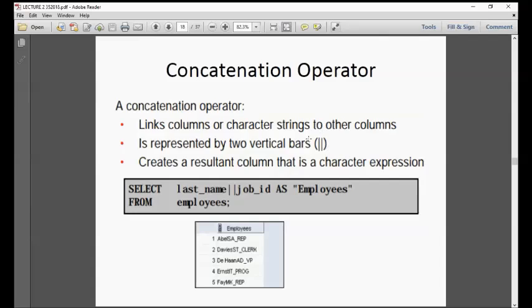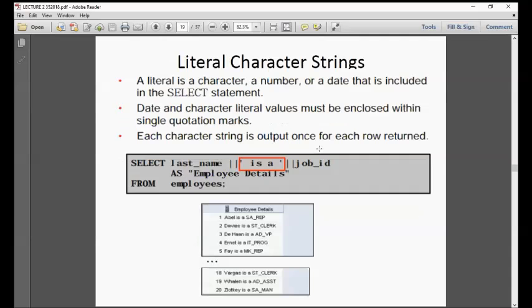So, what do you mean by concatenation? For concatenation, we will use two vertical bars and you will include both. You will join them. For example, last name and what is the ID? And all of this, the alias is employees. It is not in uppercase because I put double quotation. That's why this format is in here, employees. So last name and the job ID. Okay, that is concatenation.